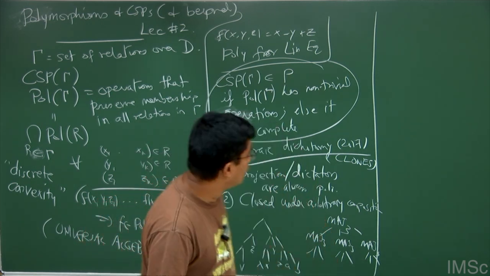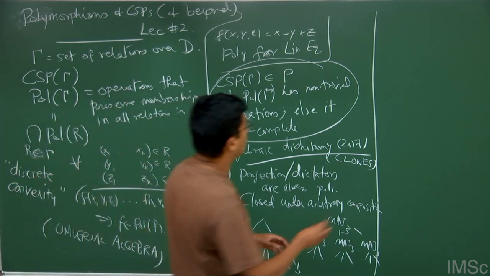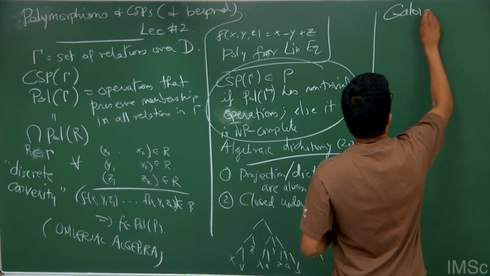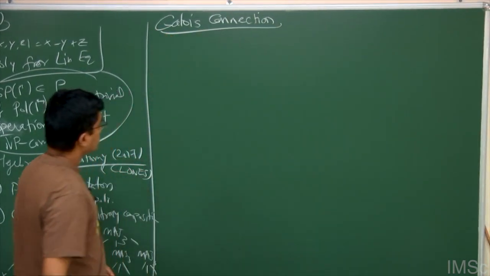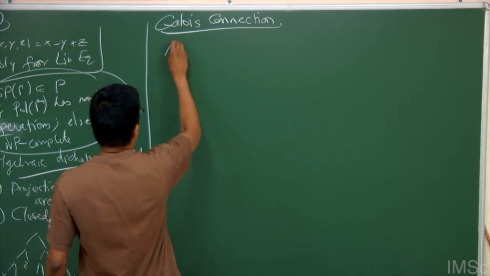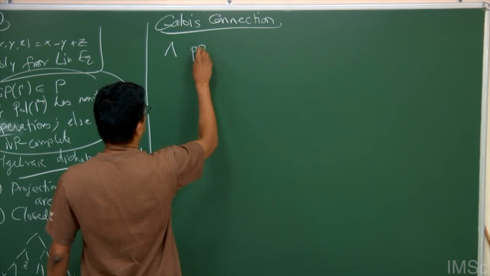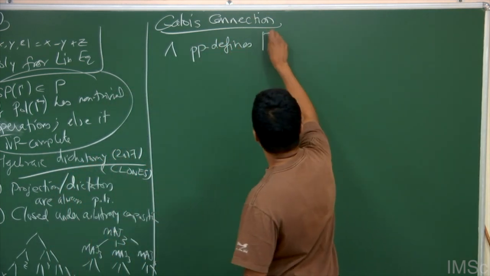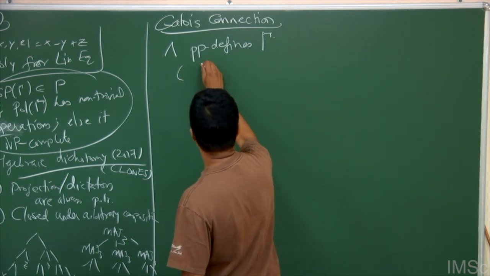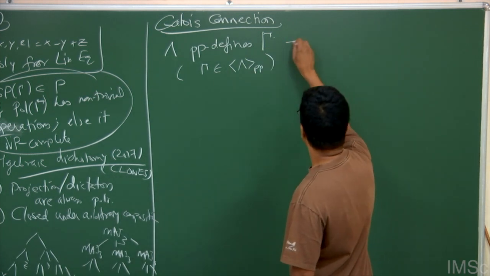Okay, so today I want to prove something. So far it has been sort of an overview. I'll prove this thing called the Galois connection. You have some set of relations lambda. I'll say that gamma is PP-defined by lambda, and I'm going to define what PP-defined is in a second, but let me just state this. It can also be written as gamma belongs to the closure under lambda of PP-definitions, if and only if